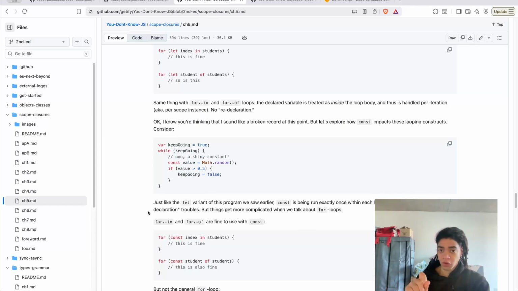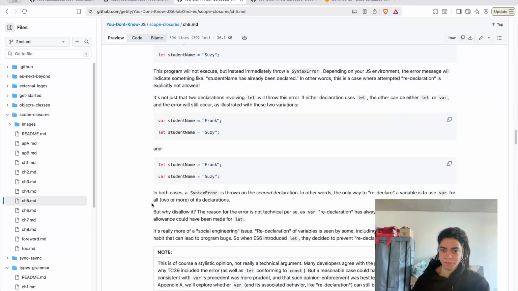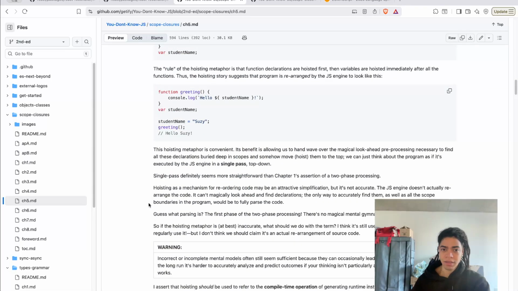All right. So it turns out that in the case of function declarations, it's going to look at them, and then it takes the last declaration of that identifier with the same name, and assigns that value to it.